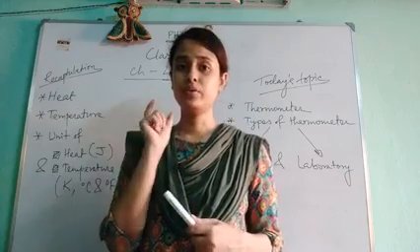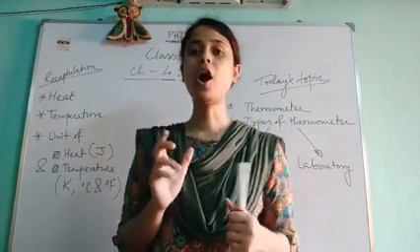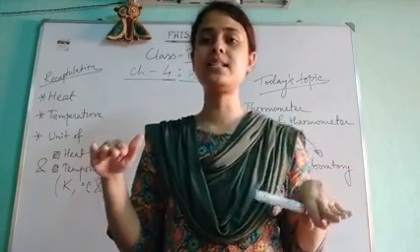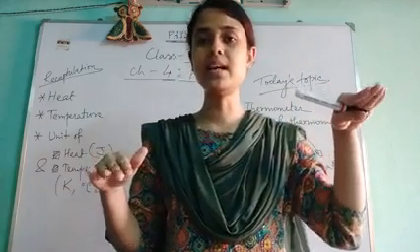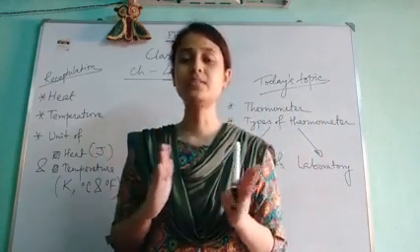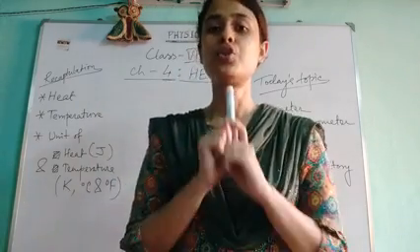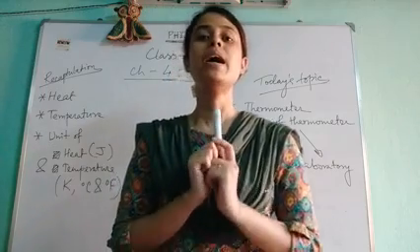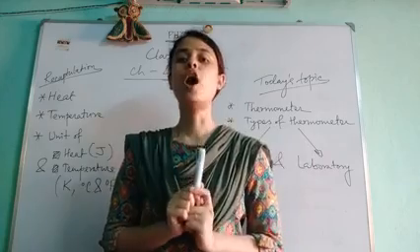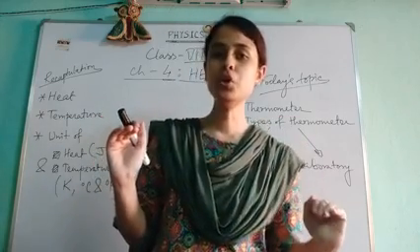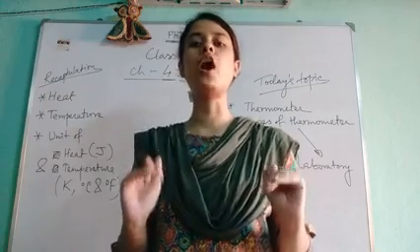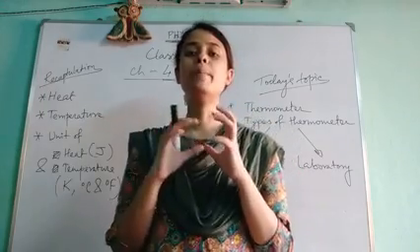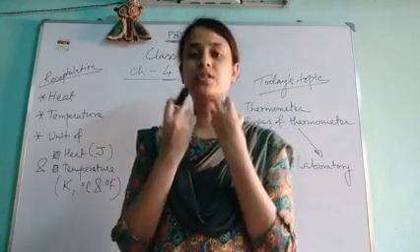That to make a body hot, or if there is a temperature difference, that means if one place is at 10 degrees Celsius and another place is at 20 degrees Celsius, then when there is a temperature difference, the heat will flow. So you have to keep it in your mind that heat flows. Heat flows from higher temperature to lower temperature. Heat always flows from higher temperature to lower temperature. That's why to make a body cool, we have to extract the heat.